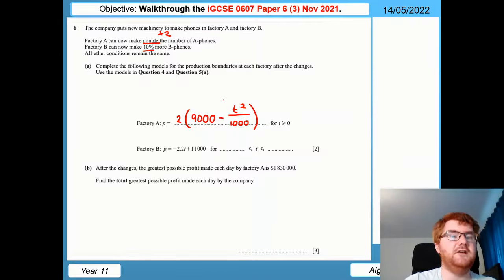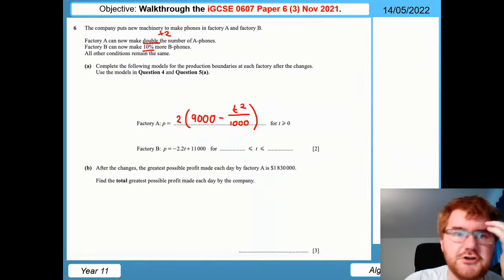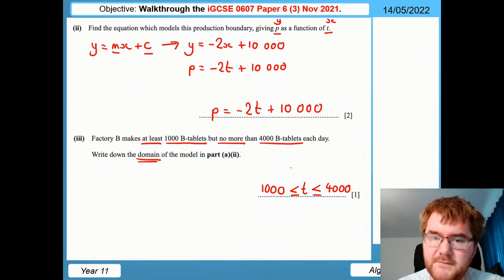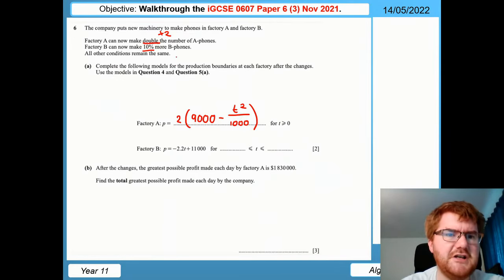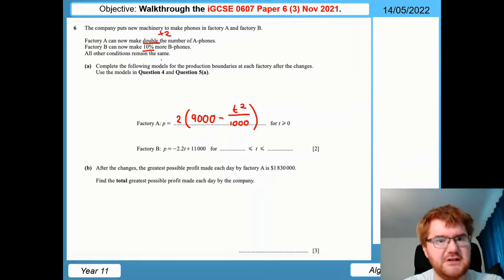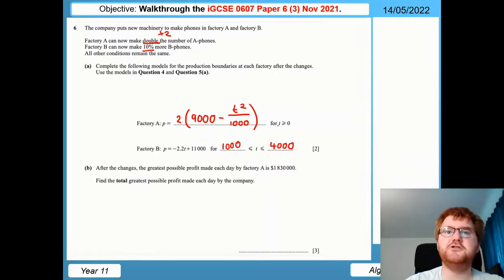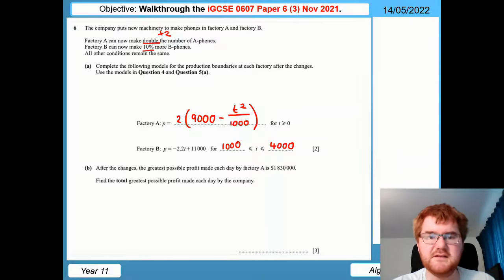How do we put that in terms of functions? Now for the next question, they produce 10% more B phones. So we've got our model here, and they want to give us the condition for t. So if I go back, remember what we wrote last time. So we have to produce at least 1,000 B tablets, but between 1,000 and 4,000. That hasn't changed. 10% more B phones, that's changed, but the condition still remains the same. So this is still going to stay between 1,000 and 4,000. Just because we're producing more B phones, or 10% more, doesn't mean that condition for the tablets has changed in